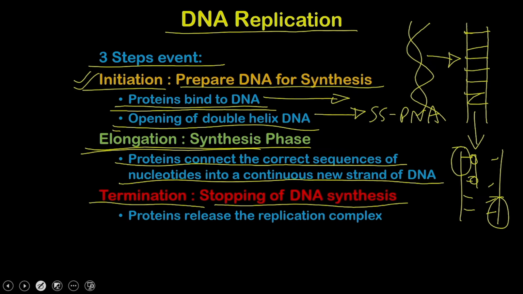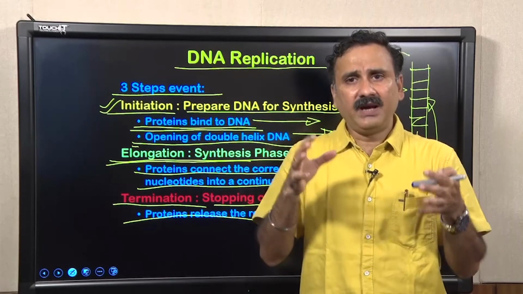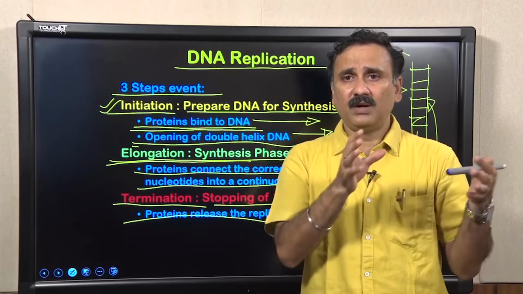Once the DNA synthesis is over, the DNA has to regain its original form. Once the synthesis is over, the DNA is first going to be converted into a double stranded structure, and then from the double stranded structure you have to generate a double helical structure. That is why DNA synthesis is a very finely controlled process, where you first have to do the initiation,